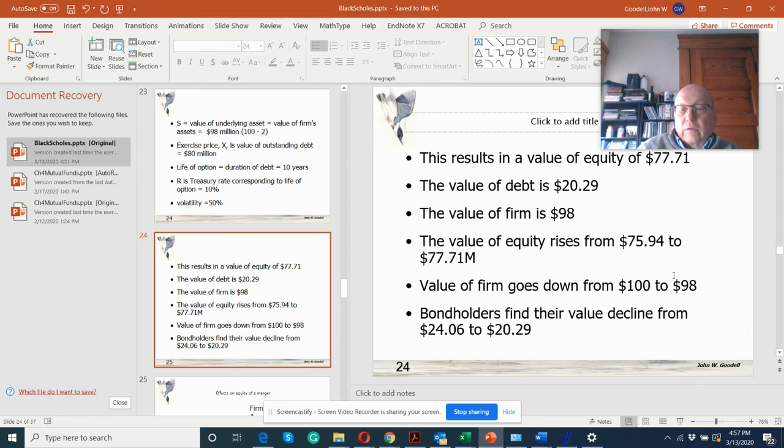And then the value of the debt, V minus E, went from 24.06 down to 20.29. So in other words, we took value from debt and we gave it to equity. Equity increased in value and the value of the debt declined in value. By taking on